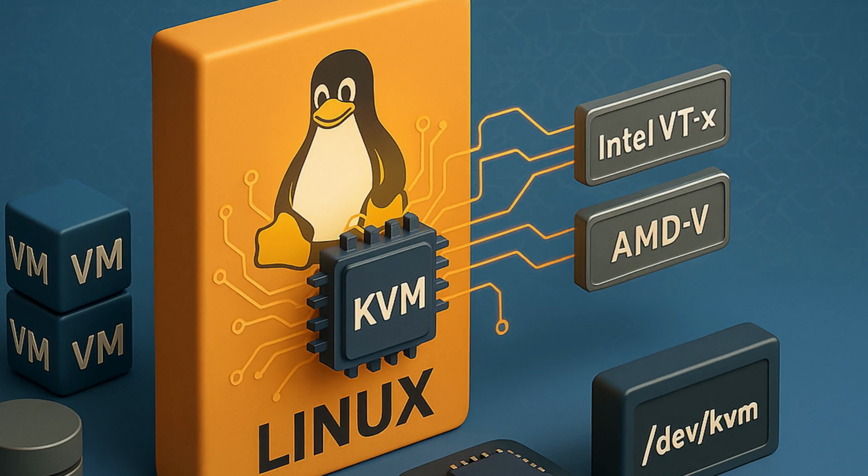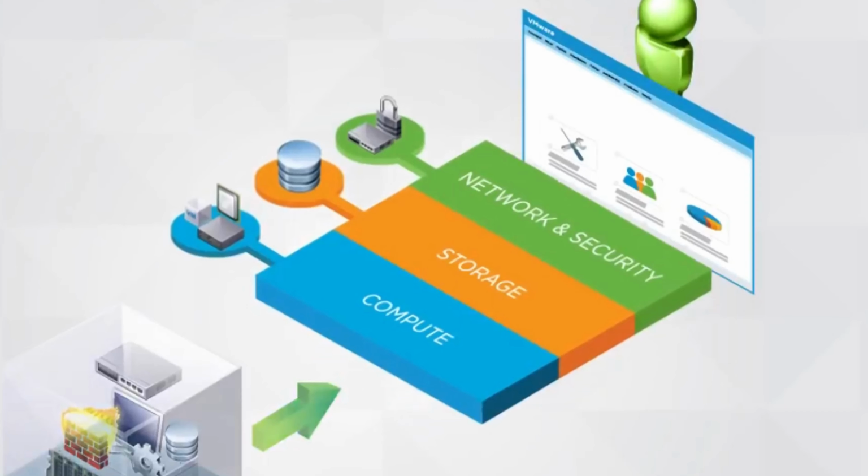Basically, whenever we try to explore any open source operating system like CentOS, Ubuntu, Debian, they have KVM, kernel based virtual machines. KVM is basically an additional layer which works like a basic virtualization, or you can say a basic hypervisor. With the help of this KVM, we can easily convert our physical components into logical components.